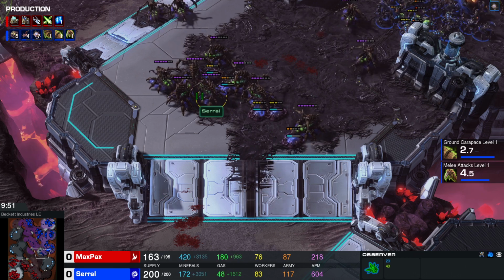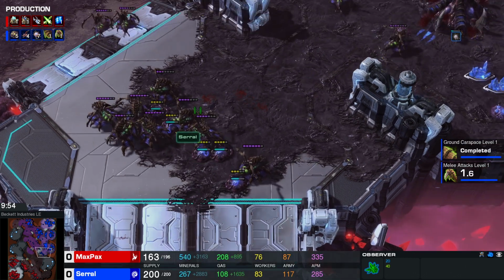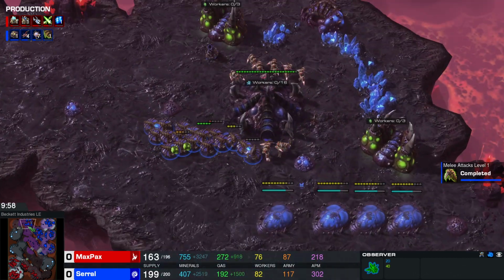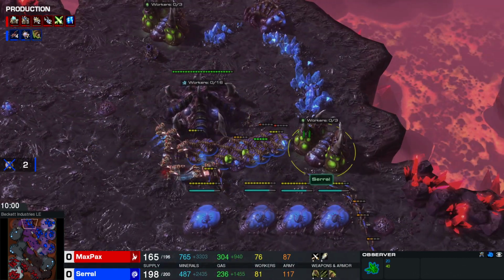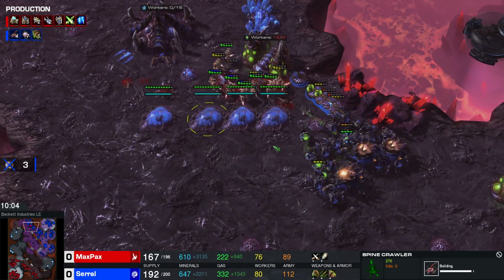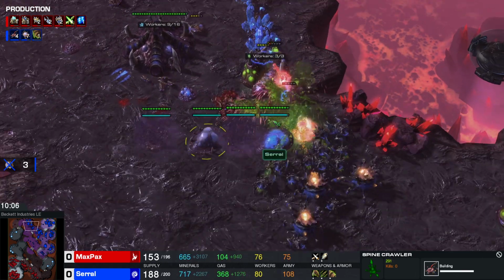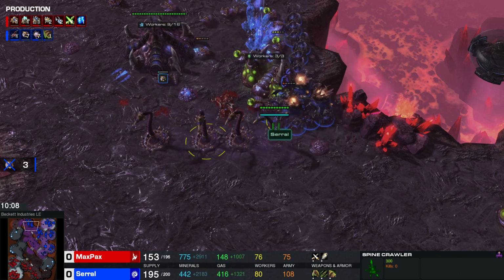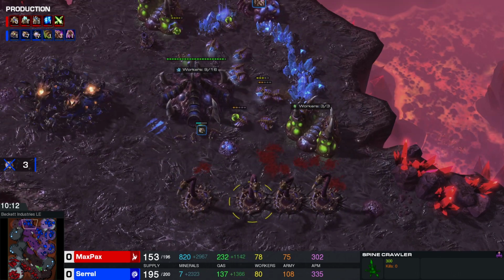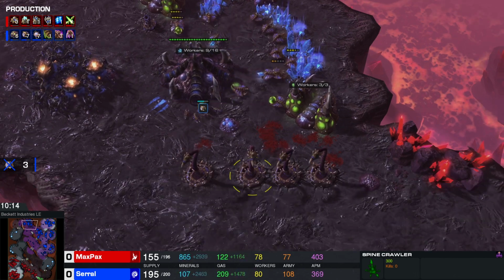So yes, Serral just keeps spreading more and more of those eggs, the queen eggs on the ground. And yeah, it's a really nice highway created by him, but at the same time we have a nice push out here with some zealots that have been warped in. So Serral has to go for those spines just to defend that expansion point, and those banelings now deal massive amounts of splash damage. Still 3 drones have been killed, but lots and lots of zealots have been killed here for MAXPAX,